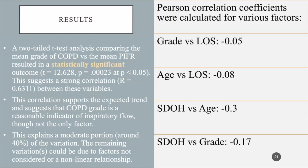Pearson correlation coefficients were calculated for various factors such as grade versus length of stay, age versus length of stay, and social determinants of health versus age. I was surprised to find a weak correlation, again in light of limitations. But